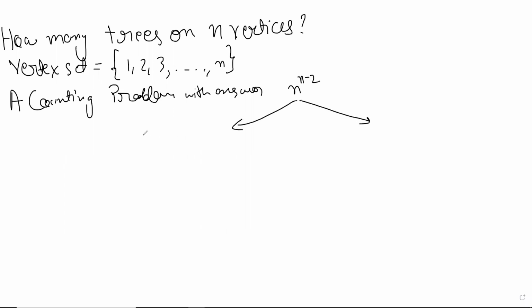It means that you had n choices at each step, and you had n minus 2 steps. Some problem like this, where you had n choices at each step, and the most obvious problem is that you just take